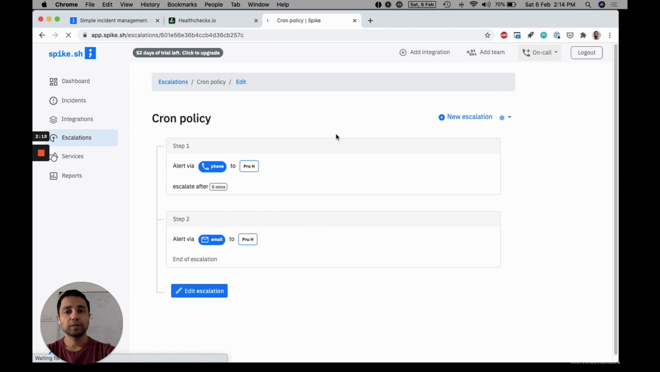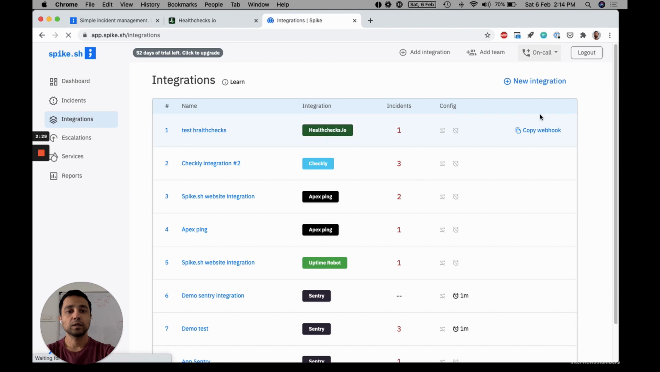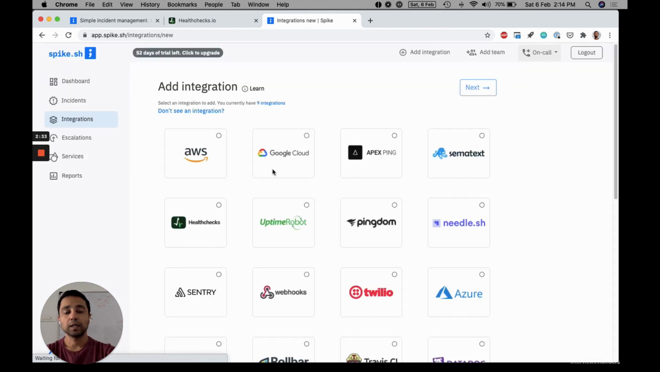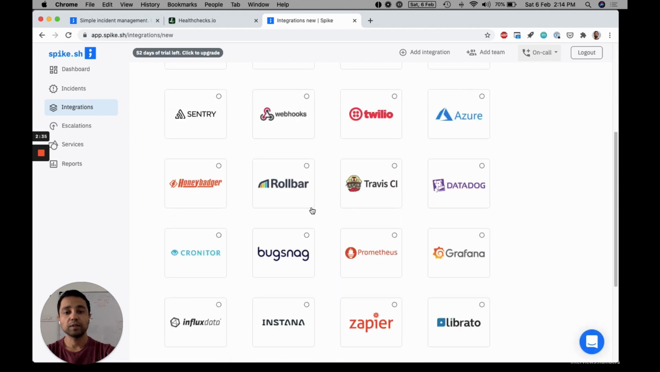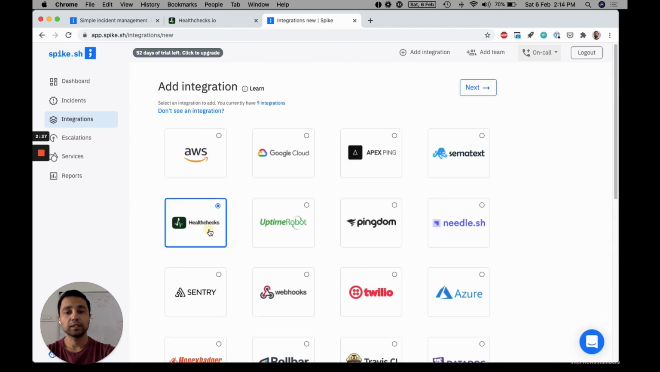So now that we have created this policy, we'll go ahead and create a health checks integration. So whenever there are any health check issues, this policy will be applied. So I'll go into integrations and I'll say create new integration. I'll select the integration type. You can see that we have many other integrations. I'll select health checks